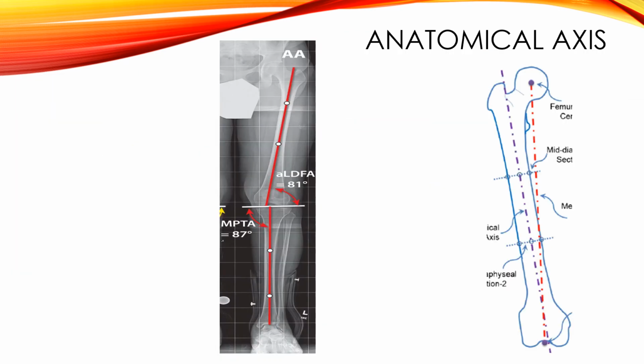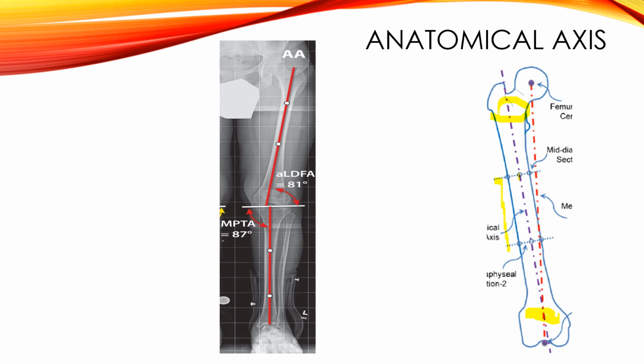So now we'll talk about the anatomical axis. The anatomical axis is basically marked by marking the mid diaphyseal point. Now if you see, this is the femur and this is the midpoint. Now a midpoint can't be created here. You can see this is one of the wider portions. You can't make a midpoint here, otherwise your anatomical axis will be wrong. So we have to find the most cylindrical part of the bone, which is basically this diaphysis area. So we have to mark a midpoint here and connect the line.